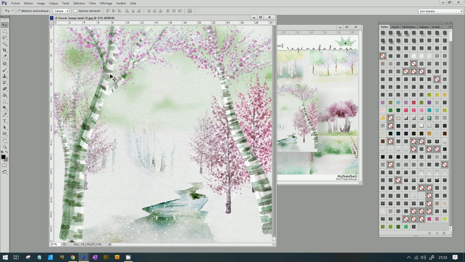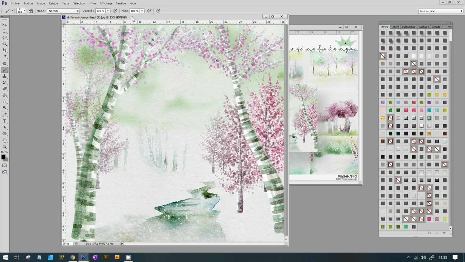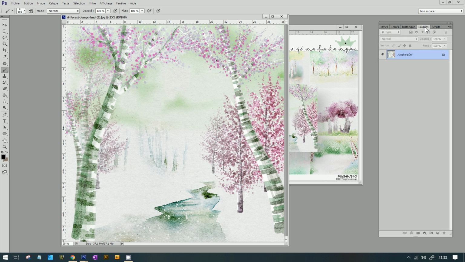The first is drawing with the brush. You always have to create a new layer to not draw in the first layer.